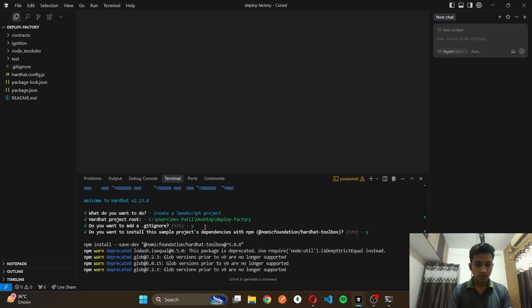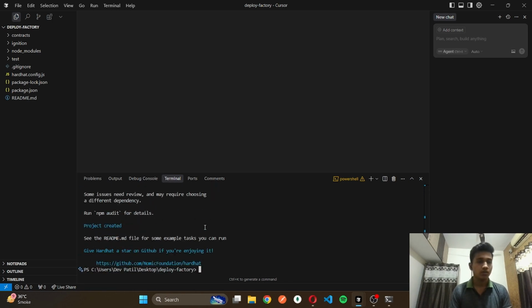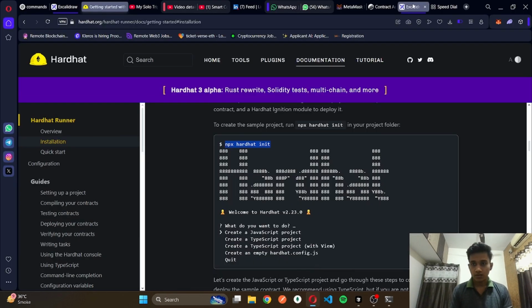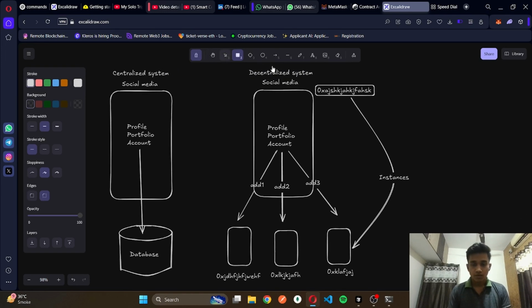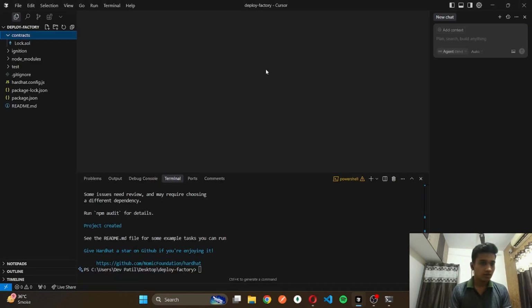Yeah. So we got Hardhat set up on our machine. Now what I need is to make our base contract, right? So let's take an example of this. First I have to make this smart contract where users can actually make their profiles. So let's first write our base smart contract. We'll keep it simple, just making a file called MyContract